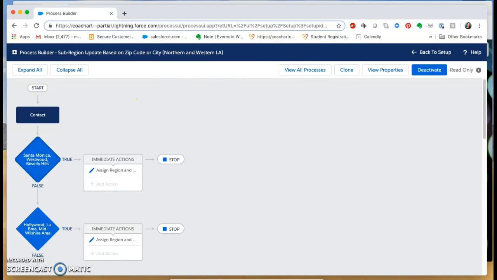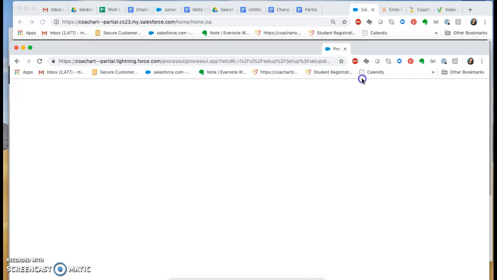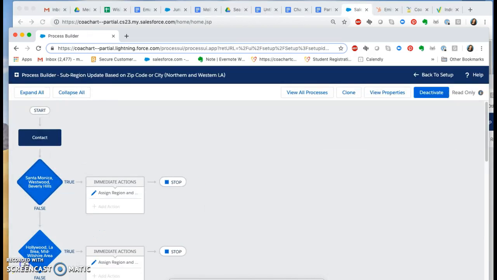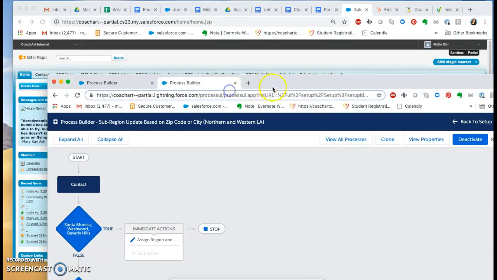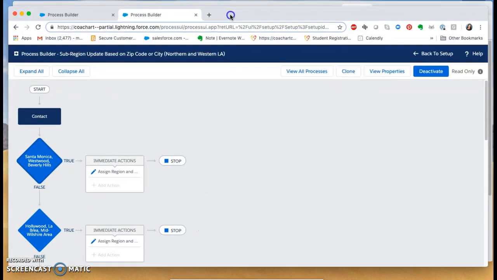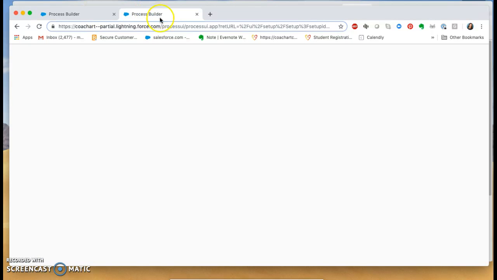Okay, so while I'm waiting, you'll want to open up another window. I probably have another one tucked back here somewhere. Okay, here we go. So you'll basically want to have two windows open. You can open up two windows, and you'll want to have one that's the current process builder, and then in the next one,